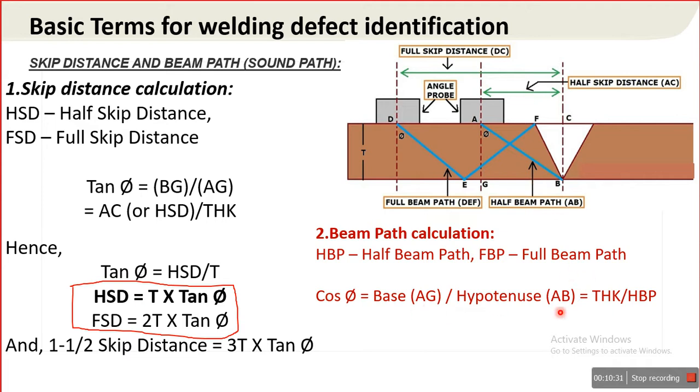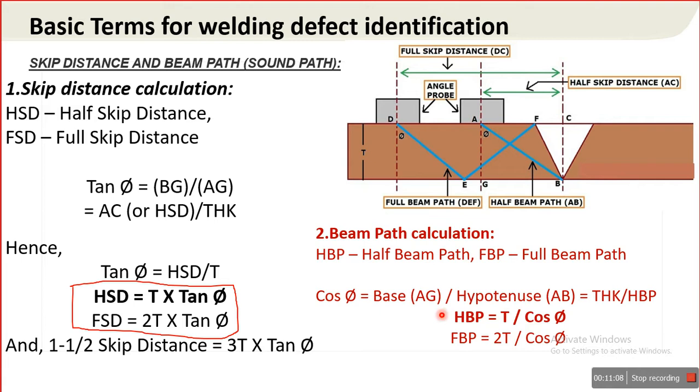AG is nothing but the thickness of the component and AB is nothing but the half beam path. With the help of this relation, we get half beam path is equal to T divided by cos phi, and full beam path is equal to 2 times T divided by cos phi. So this relation